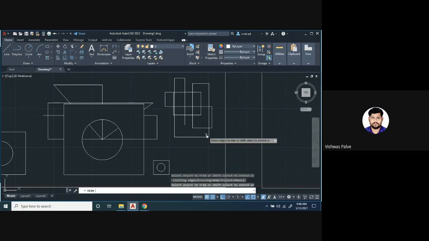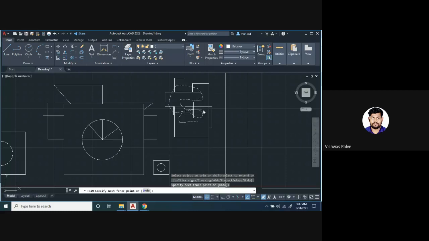TR, double enter. What will happen? Whatever edge you want to delete will get selected and erased. So please note it down: the shortcut for trim is not single enter, it is double enter, TR double enter.